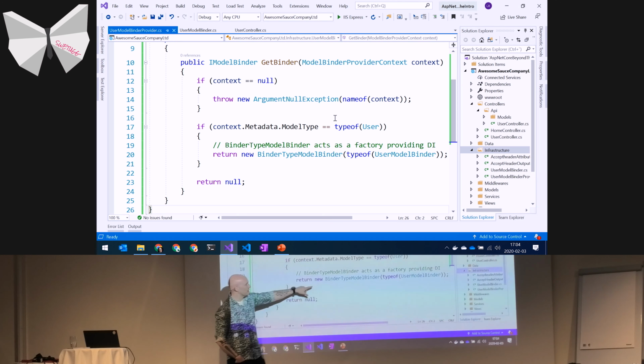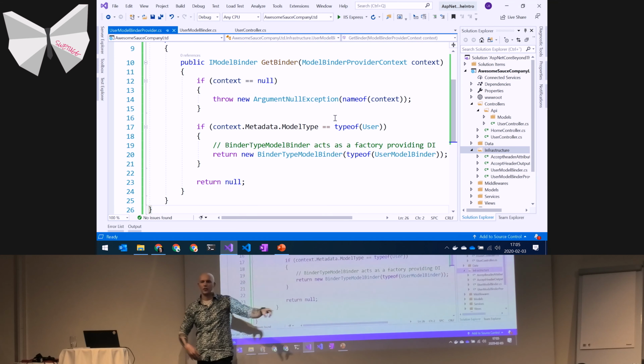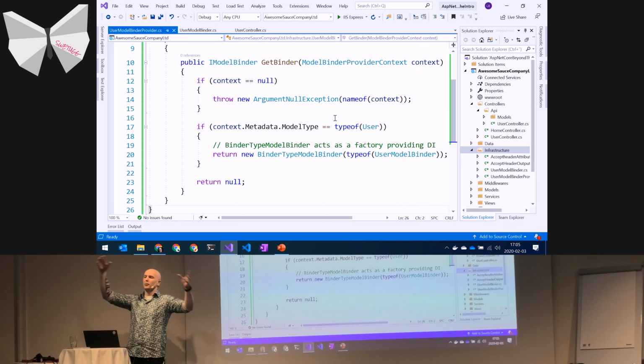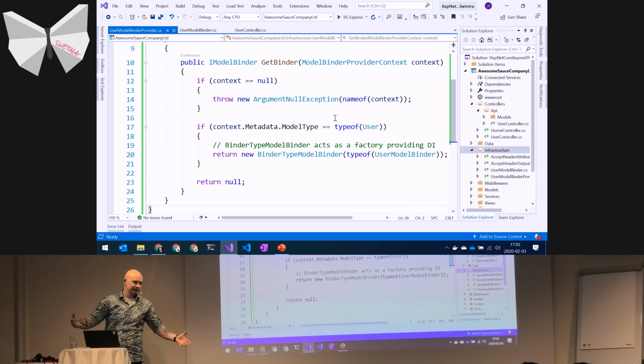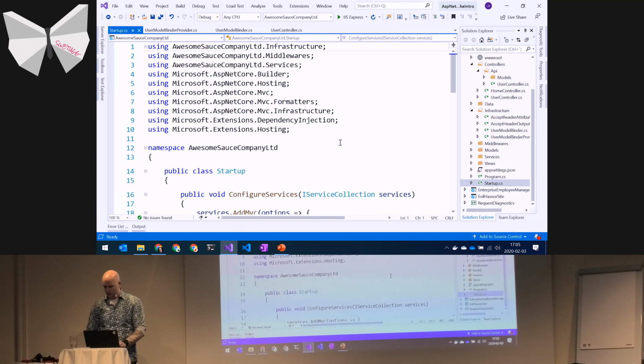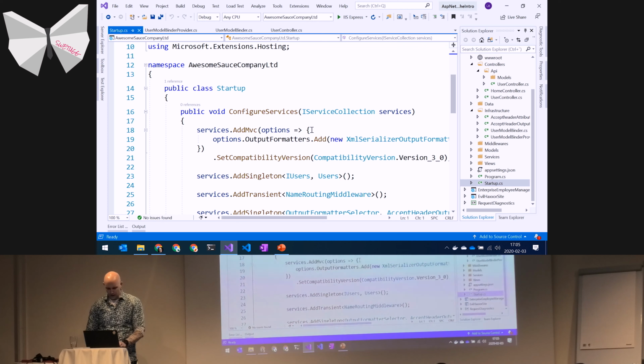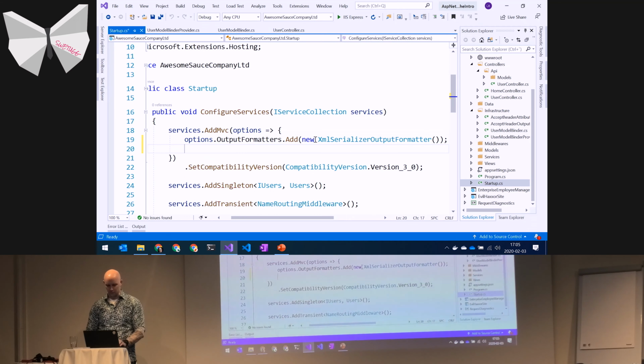And then you use something called the BinderTypeModelBinder, which is a model binder that wraps another model binder to get dependency injection. All of this is very well documented online in ASP.NET Core's documentation. And the final thing we need to do once we've got our model binders set up is we need to go to MVC options,